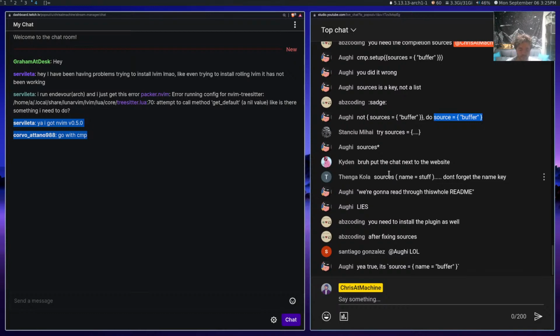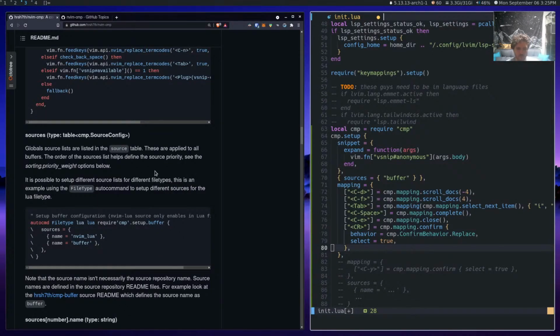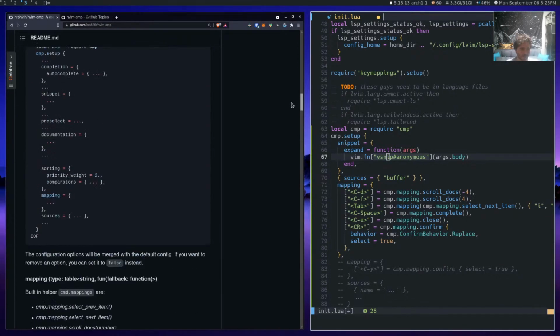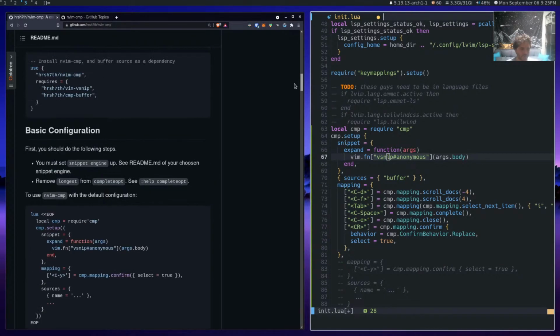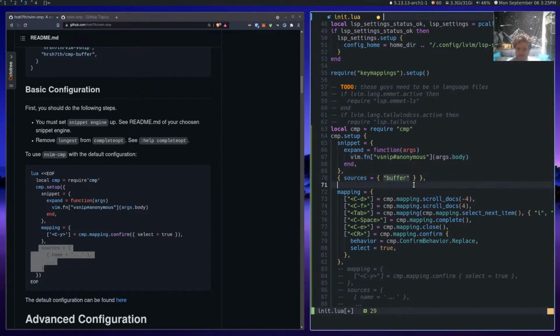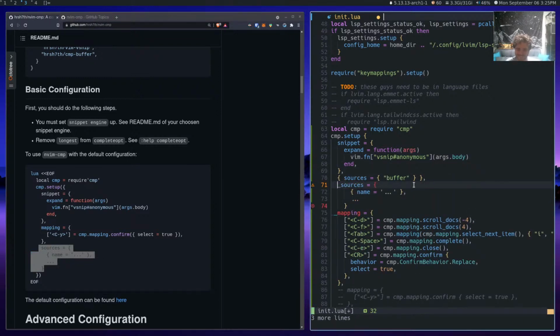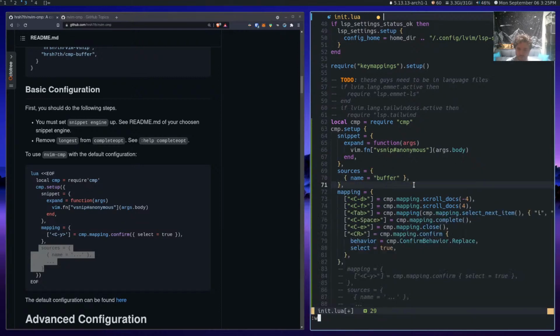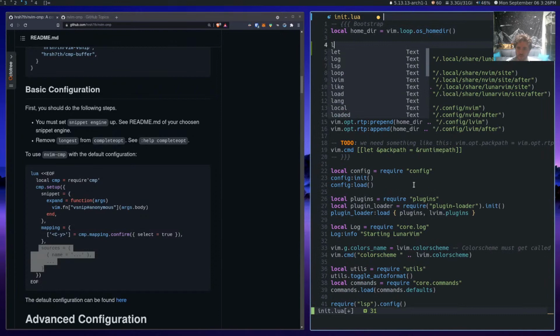Put the chat next to. Is there space? I mean, kind of maybe. Is it source? Where is it? Okay, hold up. Where in the README does it specifically show you? Okay, there's sources right here, and you have to do name equals. All right, so you gave me a bad snippet. I'm gonna blame you for that, and not my inability to read the README. So let's take this, pop it there, get rid of that, get rid of this, put a comma, and there we go.